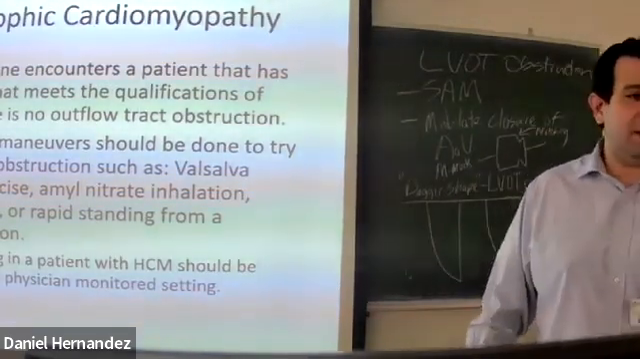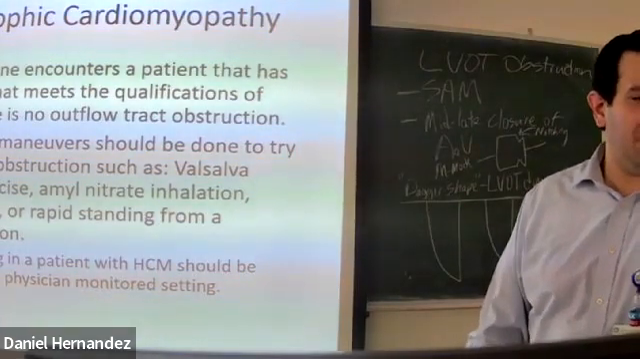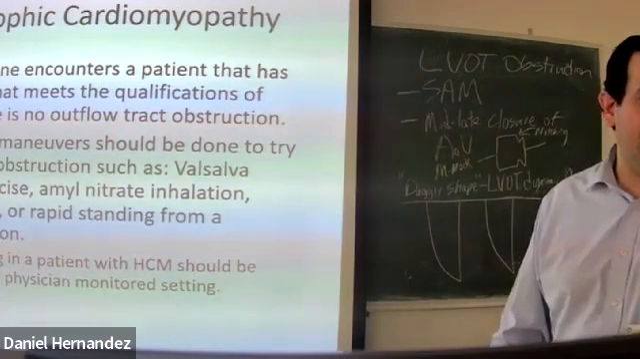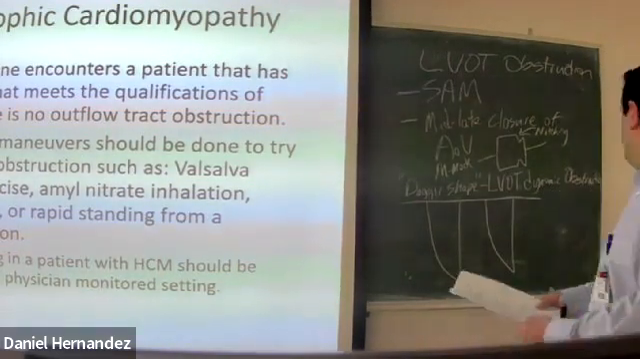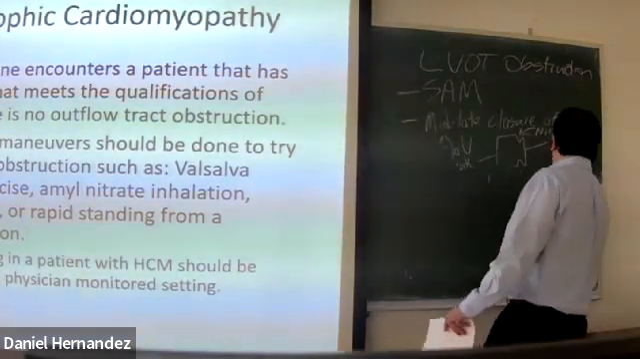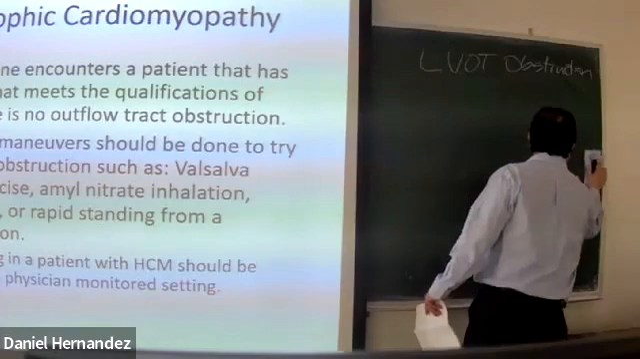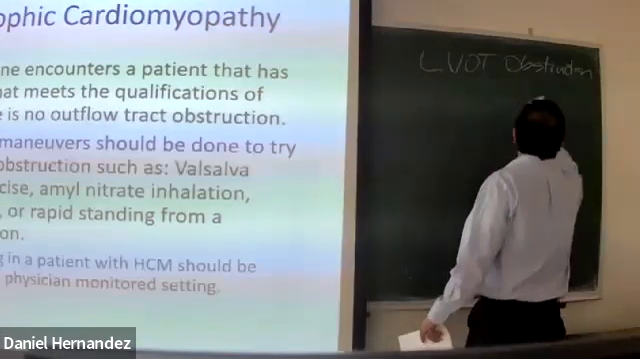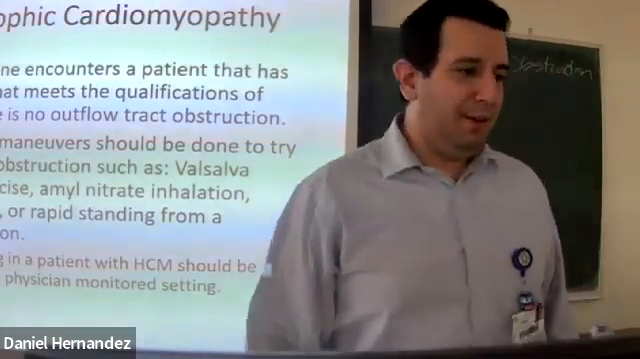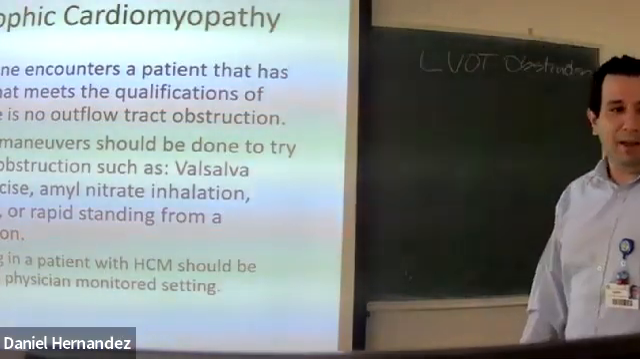Occasionally, one might encounter a patient that has the anatomy that meets the qualifications of hypertrophic cardiomyopathy, but there's no outflow tract obstruction. In these cases, there are some maneuvers that could be done to try and enhance an obstruction. That's also an important registry study tip. So when a patient does have hypertrophic cardiomyopathy and there is a concern for an LVOT obstruction, if they have all the telltale characteristics, you see asymmetric septal hypertrophy, and it looks like this person should have a dynamic LVOT obstruction,